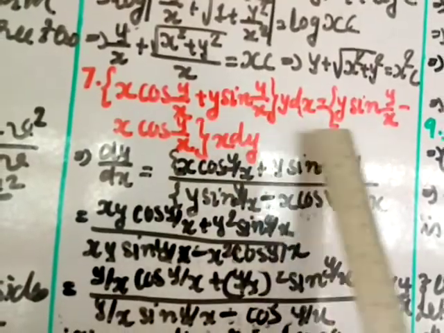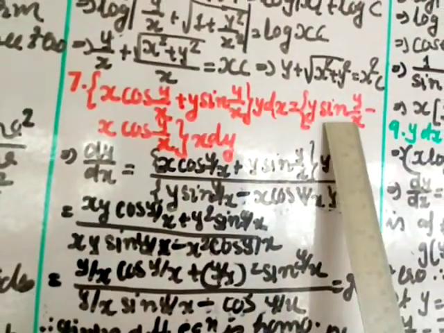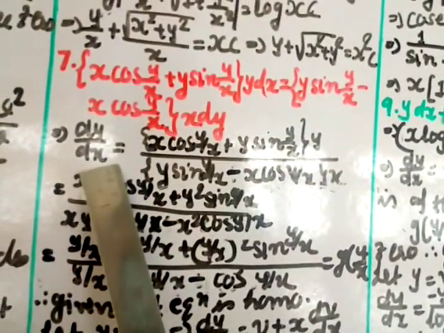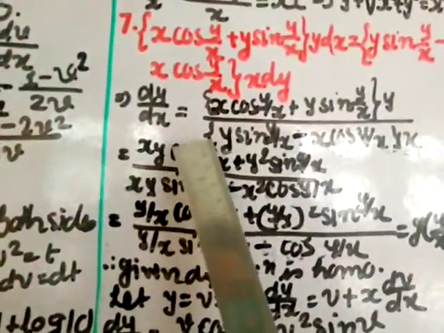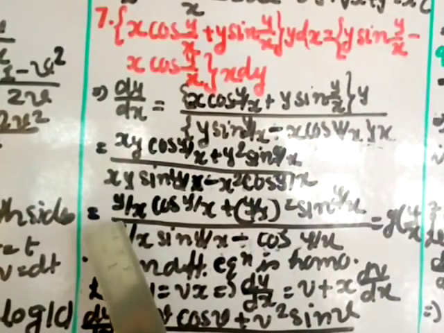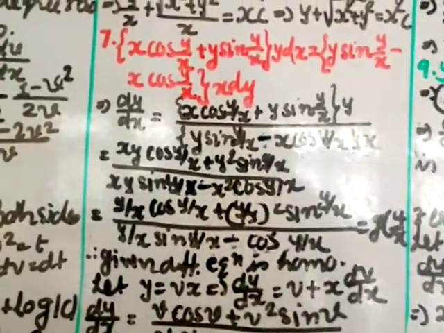Okay, so this stays as it is, and you are transferring this dx over here. Sorry, not transferring this here, but this I am transferring over here. This value which you can see in the second bracket, I have transferred over here, it goes to the denominator, and dx is transferred over here, it goes to the denominator. Now here I am just multiplying y inside, so you get xy cos y by x plus y into y square, sorry, y square sin y by x, and in the denominator x multiplying inside, xy sin y by x minus x into x square cos y by x.